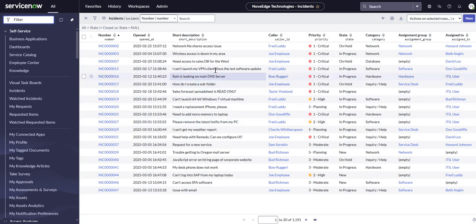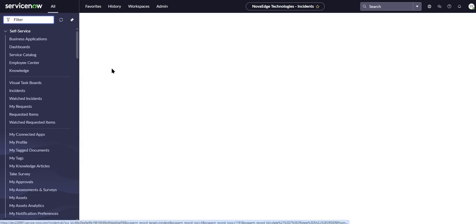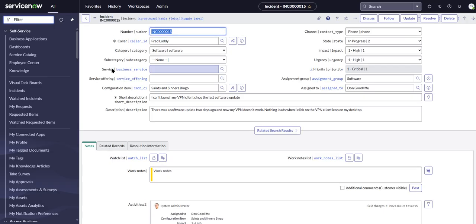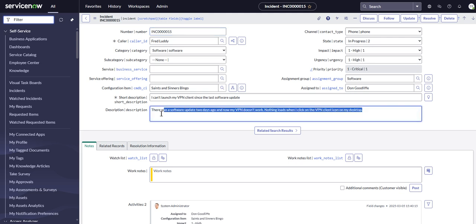Let's say you get some incidents, a lot of them will come in like this, where a user, through whichever method, whether it's phone, email, or chat, will come in and say, "Hey, I can't launch my VPN client since the last software update." This is kind of a good short description, but if you want it to be more general, more efficient for your AI, let's go to ChatGPT and have it create a better short description. So I'm going to grab this description here,